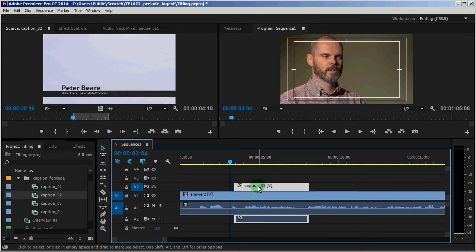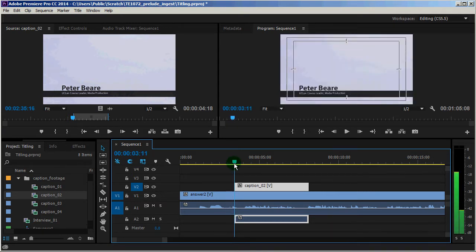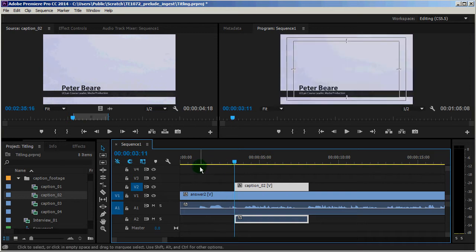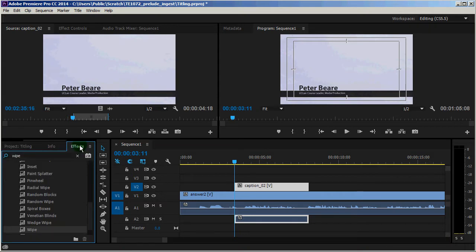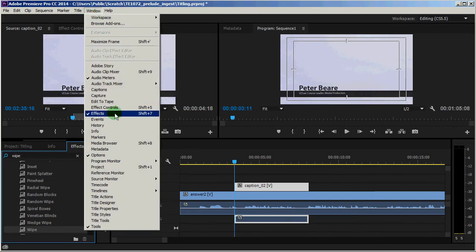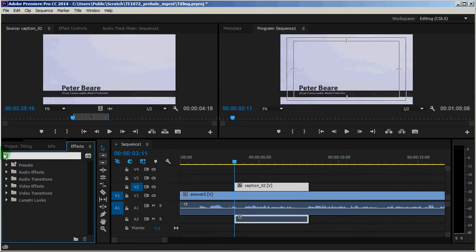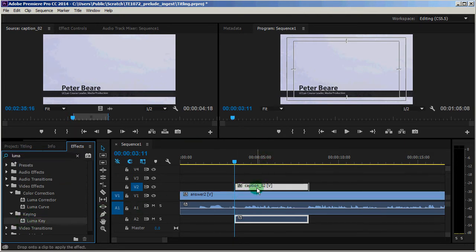So I'm going to just place the current time indicator at the beginning of this clip by pressing the down key. And if I go to my effects panel, which is over here, if I can't find it, I can go to Window Effects or press Shift F7. And I don't need to look for a white. What I'm actually going to do is search for luma. And this reveals to me the luma key, keying effect. If I drag that over the clip that I want to apply the transparency to,